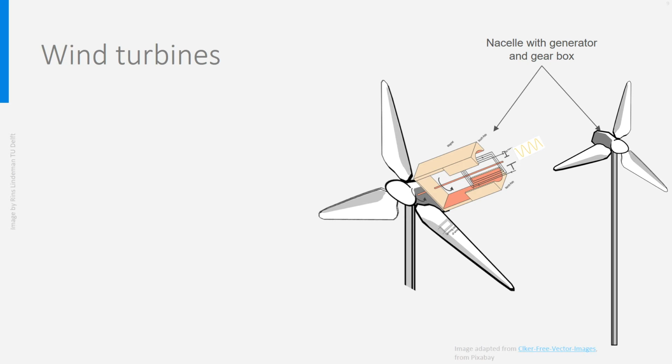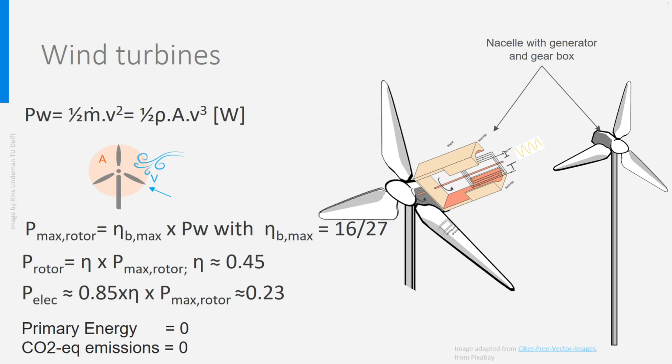The maximum energy that can be converted from wind coming perpendicular to the turbine at velocity v is its kinetic energy, which is half its mass flow rate times the square of the velocity. As the mass flow rate is also equal to the volume flow rate times the specific mass of air, and the volume flow rate is the surface area corresponding to the diameter of the turbine times the velocity, we end up with the formula above left.